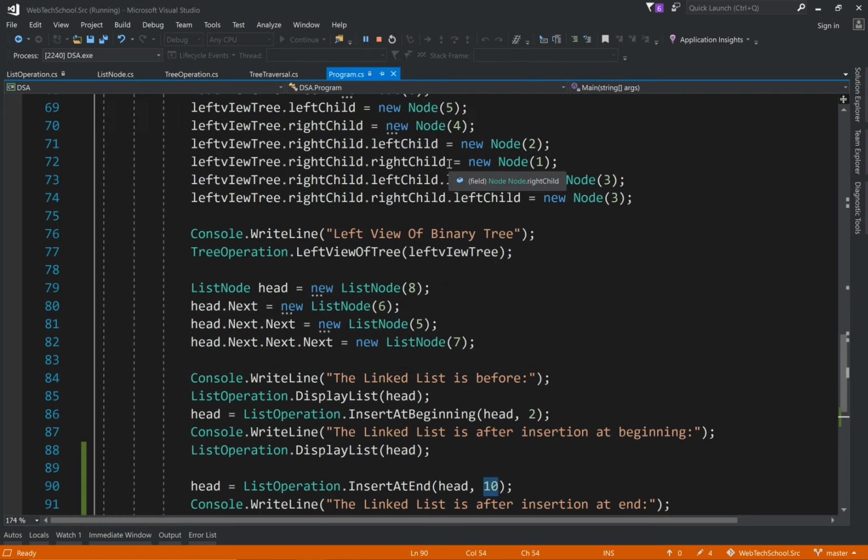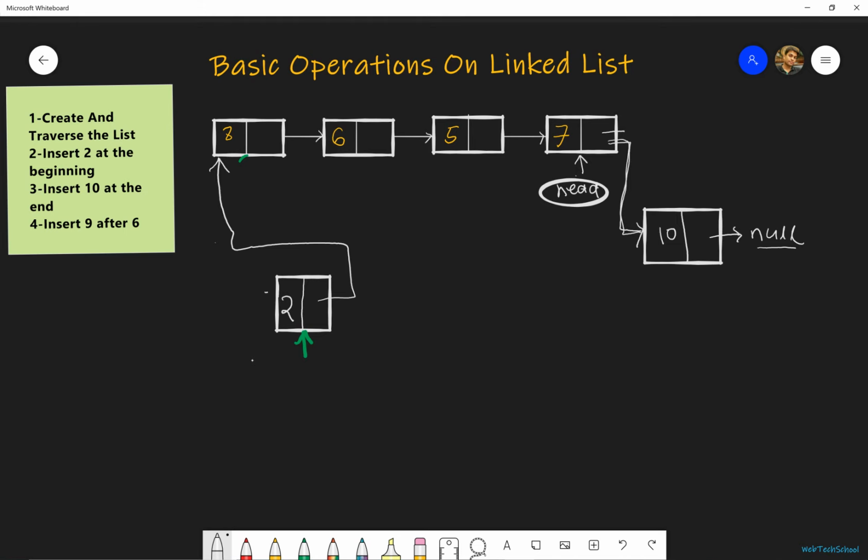Now let's go to the next operation. The next operation is inserting an element after a specific node. Let's say we want to insert an element after the node 6. So after this node, we want to add another node which has data 9. We will create the new node first. So this is our new node,